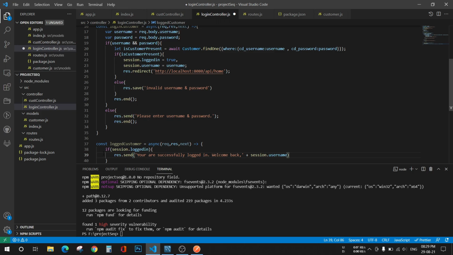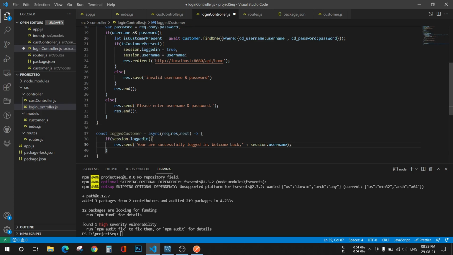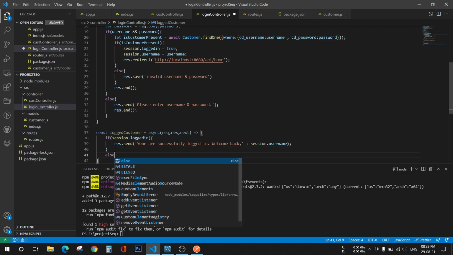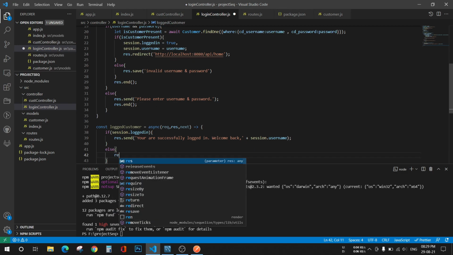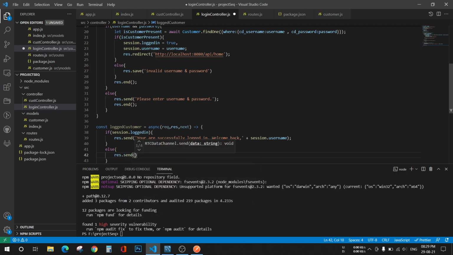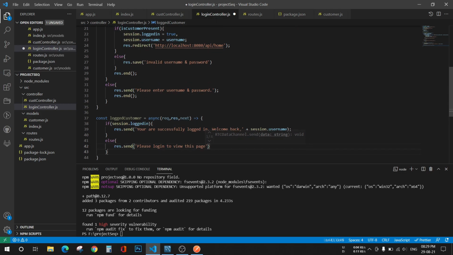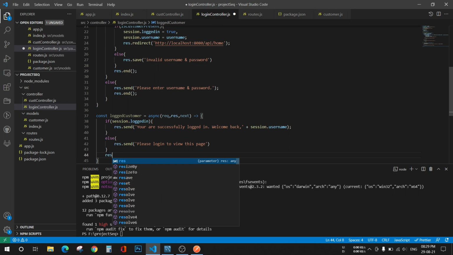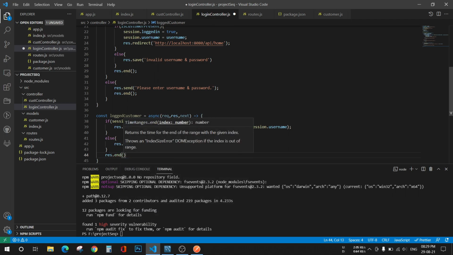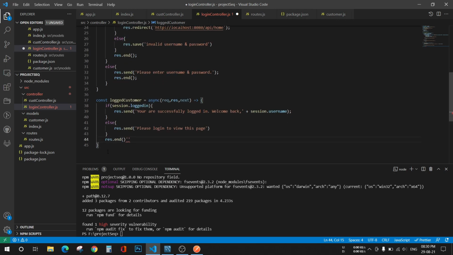Okay. If the session.loggedIn is false, then res.send please log in to view this page. And now res.end. So this is our login functionality.